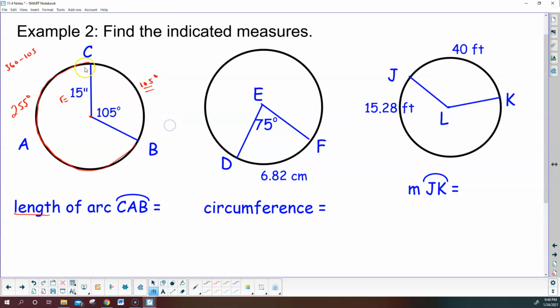Okay. So the measure of the arc is 255, but I want to find the length. I want to find how long it is if I travel around the circle from here to here. So let's take a look. Well, what is my formula? It's arc length over circumference is equal to the central angle, or the measure of this arc, and in our case, it's not AB, it's CAB